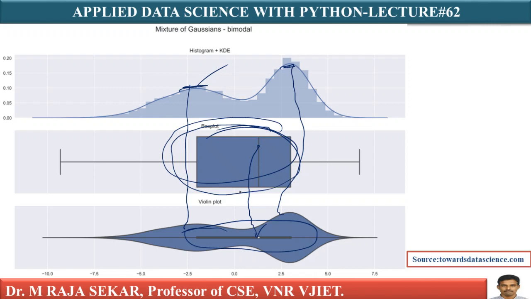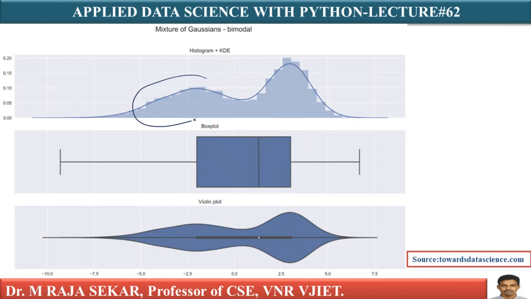This means we create a bimodal distribution as a mixture of two Gaussian distributions. This is a mixture of two Gaussians. This is bimodal. This one peak is one Gaussian. There is another peak, another Gaussian. There are two Gaussian distributions, isn't it? Violin plots are often used to compare the distribution of a given variable across some categories.